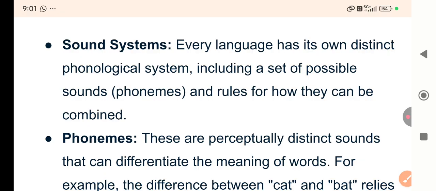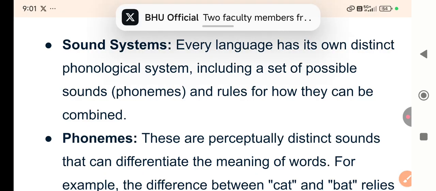Every language has its own alphabets, its own grammar, its own different sounds, right? The smallest set of possible sounds are called phonemes. Phonemes are the alphabets, and rules are the grammar, right? That is the grammar for how they can be combined, how the articulators, active or passive, permit us to combine them. This is the whole study of the sound system, right?